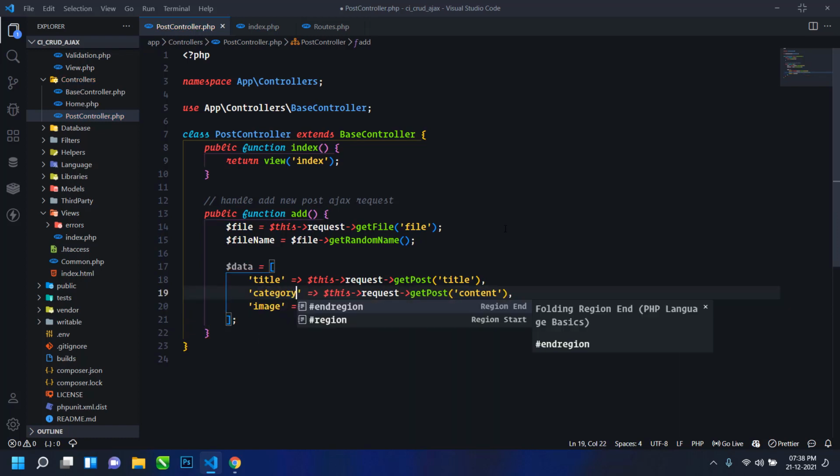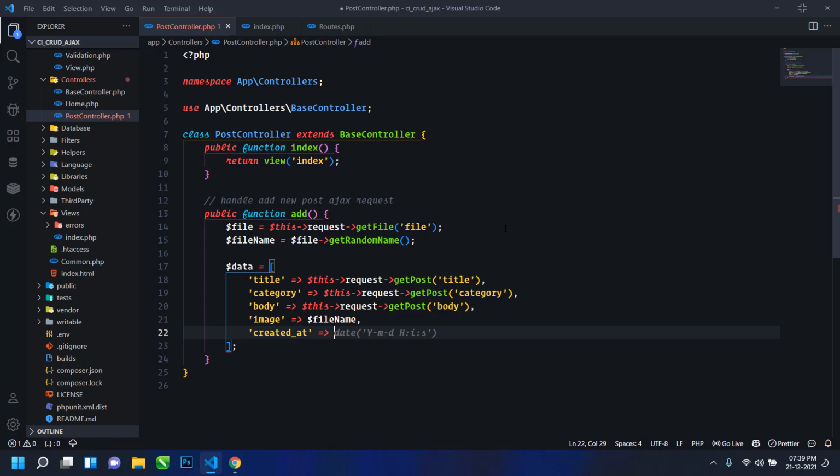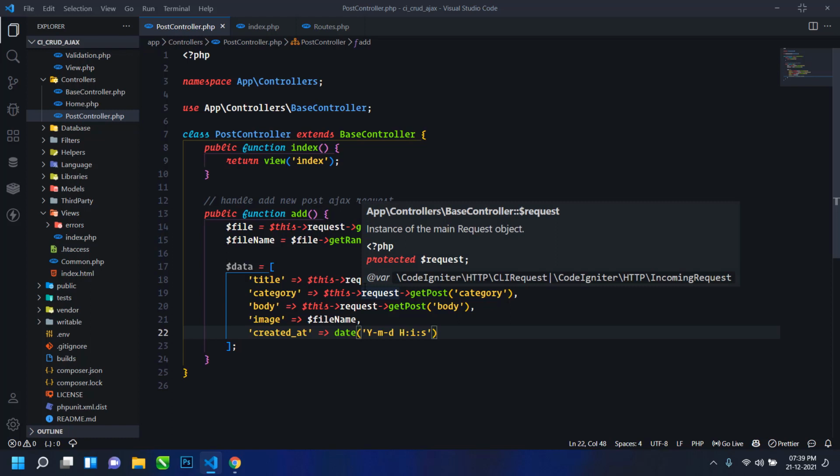Just write category, copy and paste here, and then body, and for image use this file name. Also one more is created_at, and this should be like this. So our data is also ready.